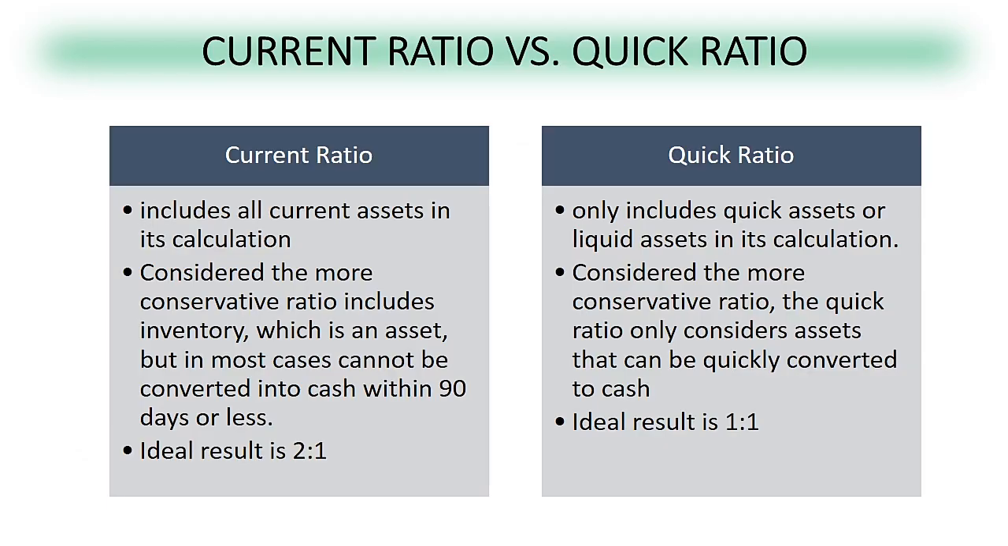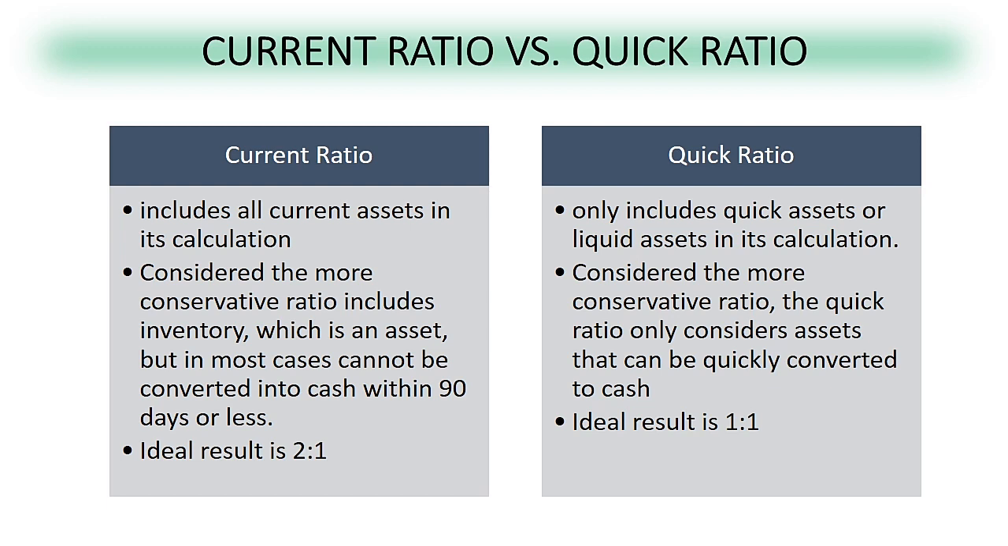So ano nga ba ang pinagkaiba ng quick ratio at ng current ratio? So I would like to reiterate that both the current ratio and the quick ratio are considered liquidity ratios. They are measuring the ability of the business to meet its current debt obligations. The current ratio includes all current assets in its calculation, while the quick ratio only includes quick assets or liquid assets in its calculation. Considered the more conservative ratio, the quick ratio only considers assets that can be quickly